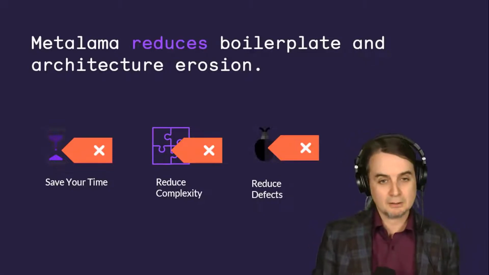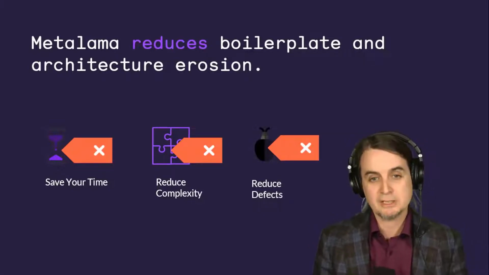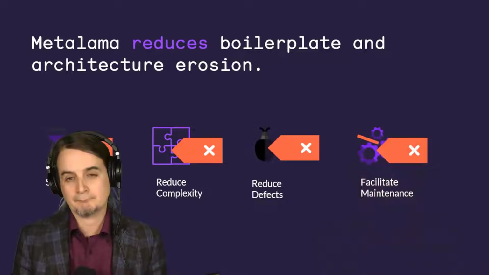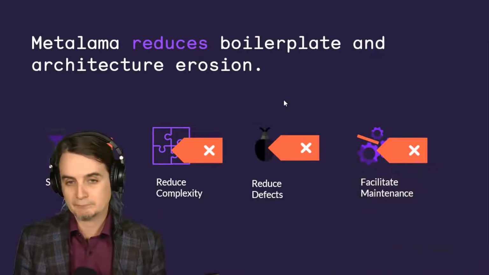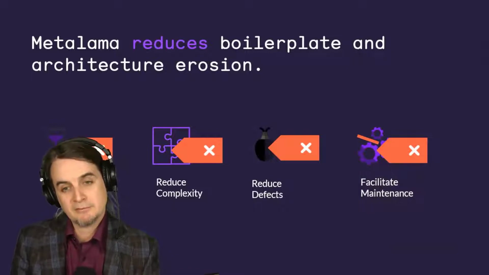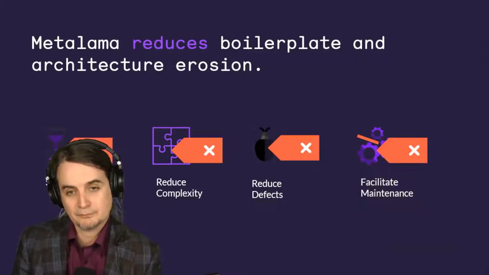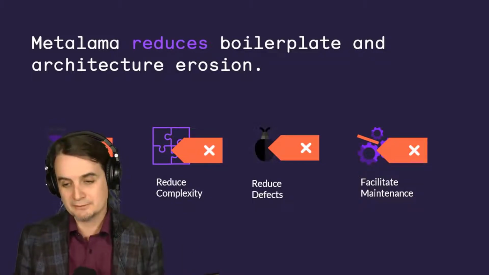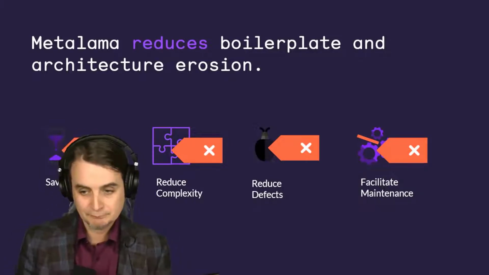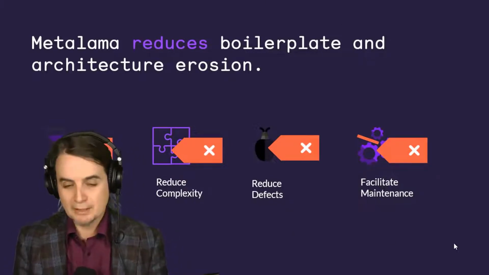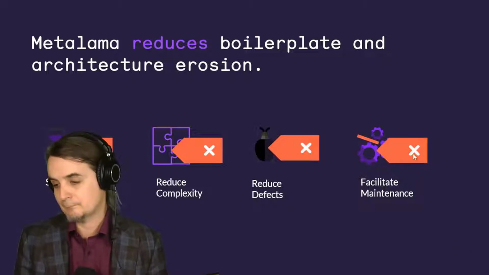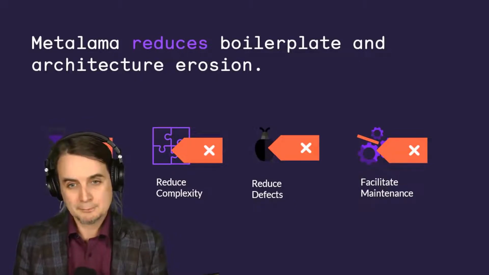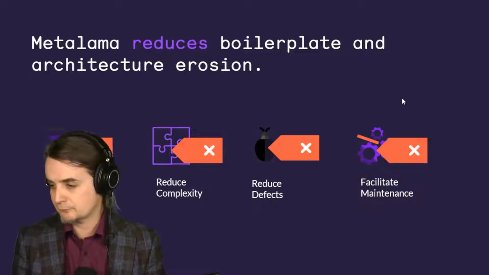So as a result of having fewer lines of code and lower complexity, you have fewer defects, and eventually your software is easier to maintain. That means that instead of having a lifetime without a big rewrite of, say, 5 years, it could be 8 years, which could be a huge difference. I'm just throwing out numbers as an illustration. But some software applications have a lifetime of 20 years. So improving maintainability is important.